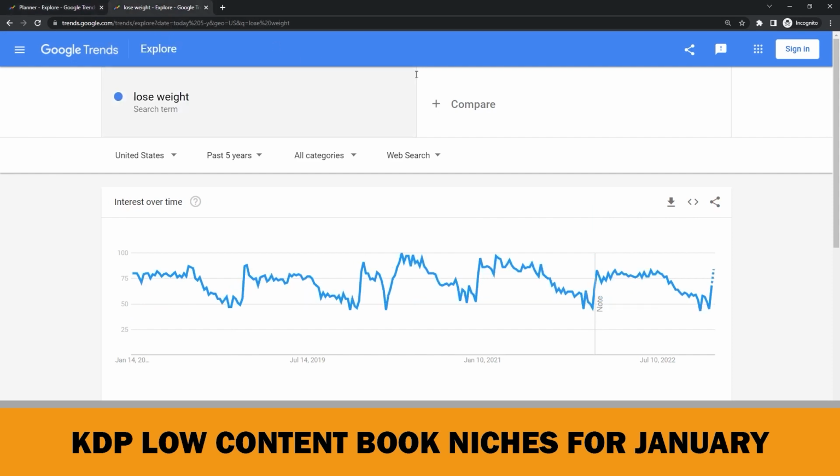Another idea I mentioned in my last video was New Year's resolutions niches, like losing weight, quitting smoking, working out, and saving money. If you check the search term lose weight on Google Trends, you can see the peak points were at the beginning of January. And then the demand dropped in February, because according to some research, the average American abandons their New Year's resolution around these dates. Therefore, if you are still planning to make content about these niches, be aware of it.